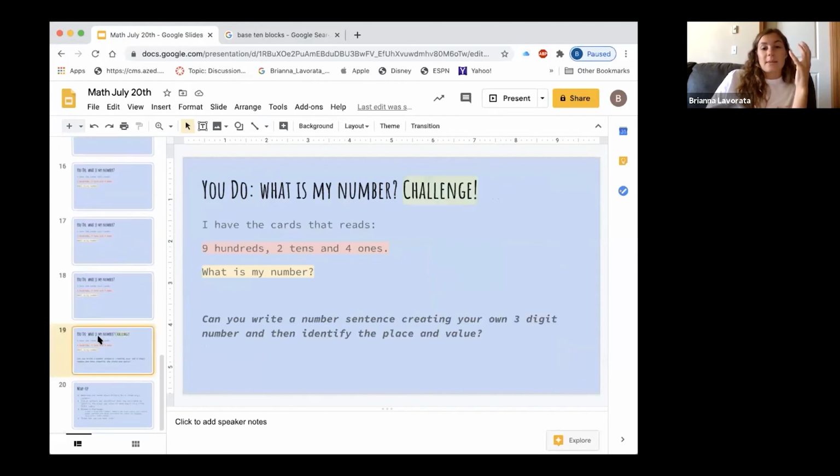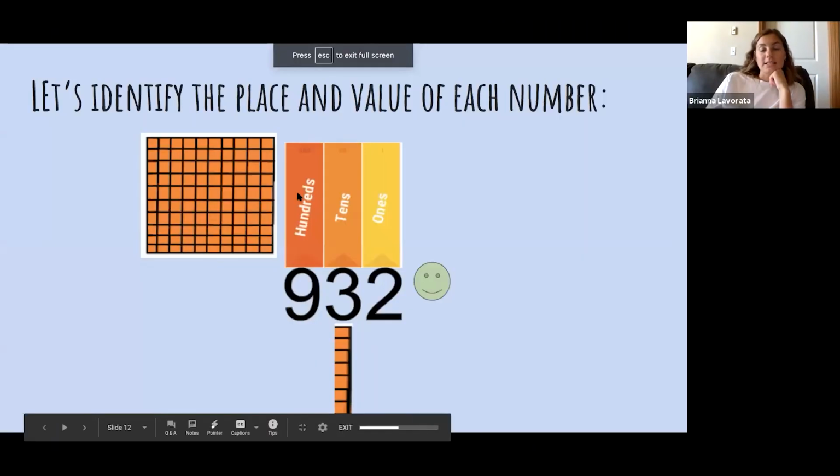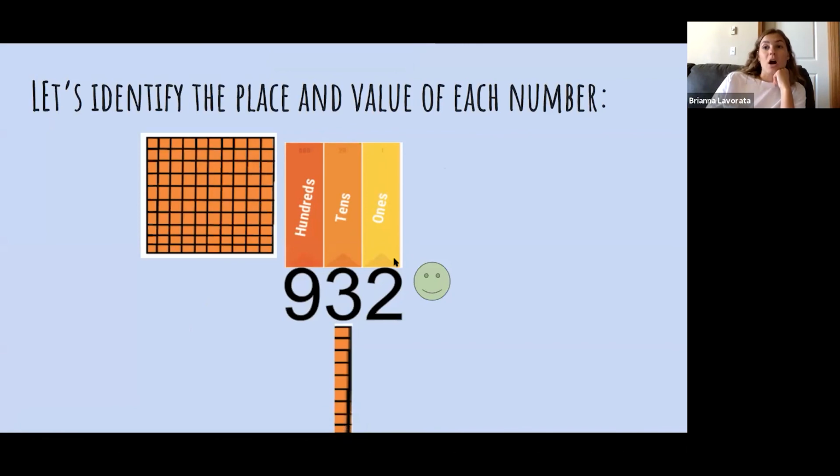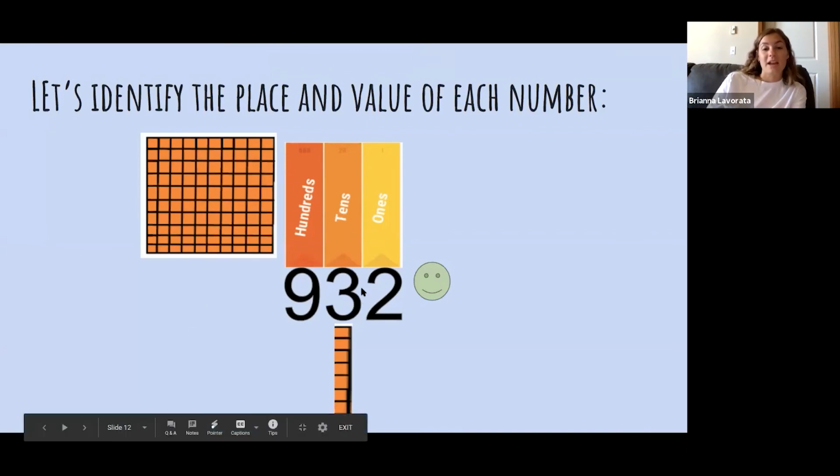So we don't have time to go over any more. However, I would like you guys to have a little homework challenge. I want you to go ahead and make up any 3-digit number. Go ahead and draw just like we were doing. Oh, how about this? For your challenge, you guys can do this problem that I was going to originally do with you. Take the number 932, write that on your piece of paper right now, and go ahead and draw the correct amount of objects to represent your ones column, your tens column, and your hundreds column, okay? Write that number 932